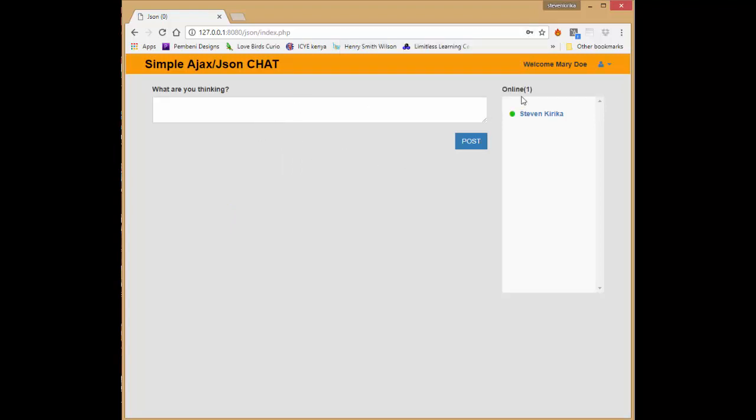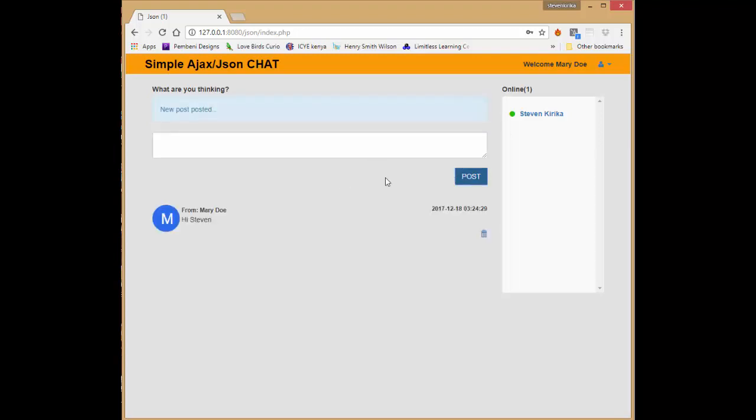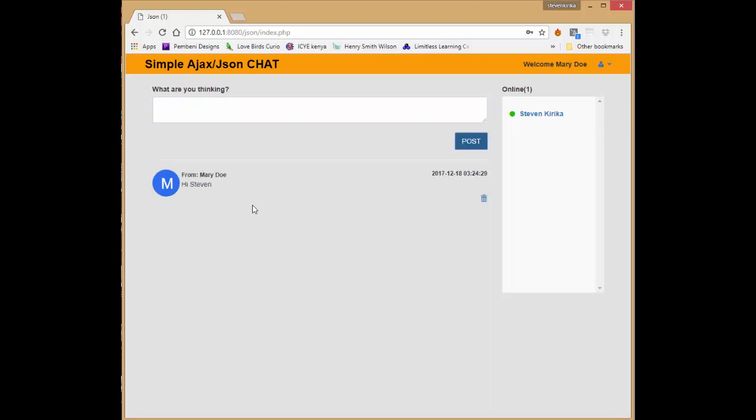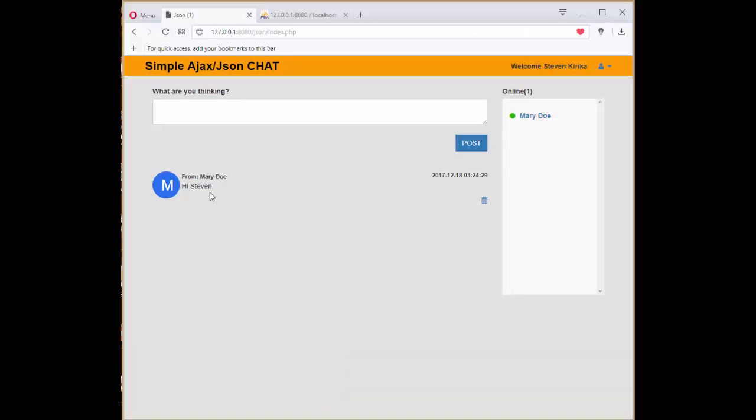So you see at Mary's account, you can see Steve Kirika, who I've just signed up into the simple chat. Merida can just say hi Steve, and post. So you see, using Ajax, the page is not refreshed. So data is saved into the database without refreshing the page. When I go to my Opera, I can see Mary is active, and I can also see a message from her. So I can also say, hi Mary,